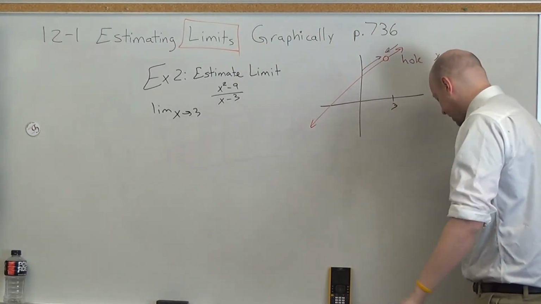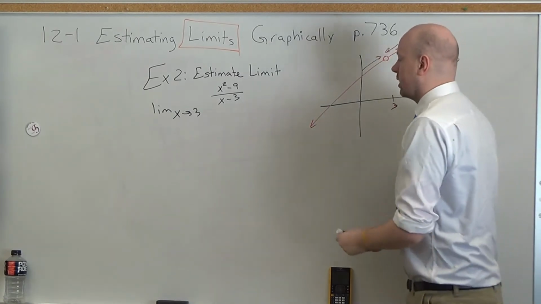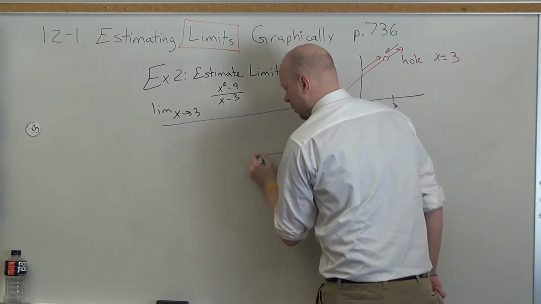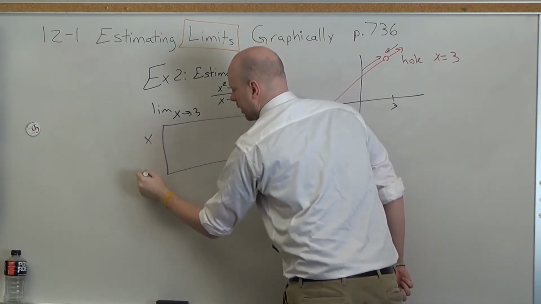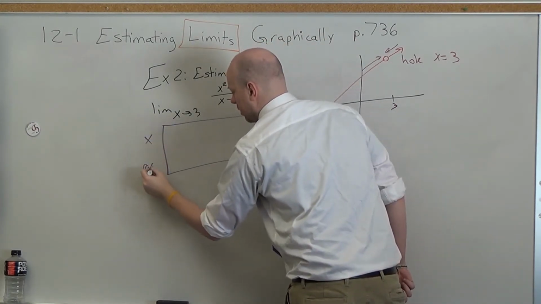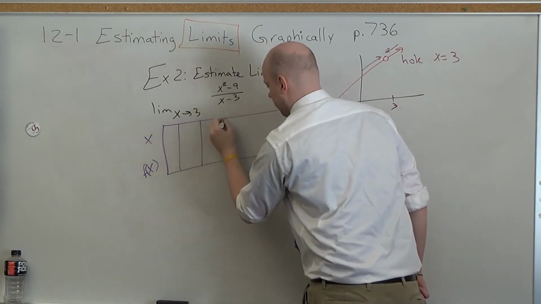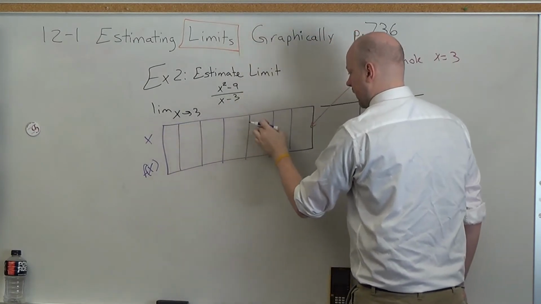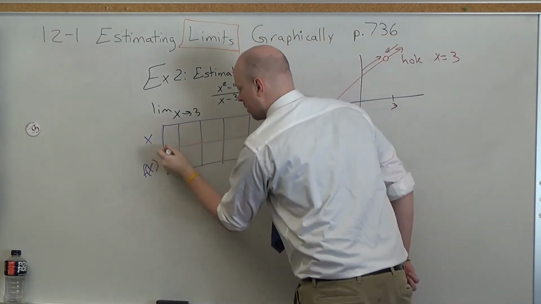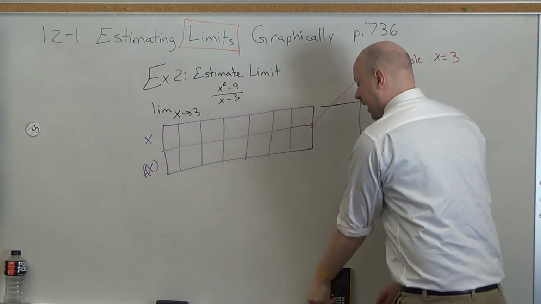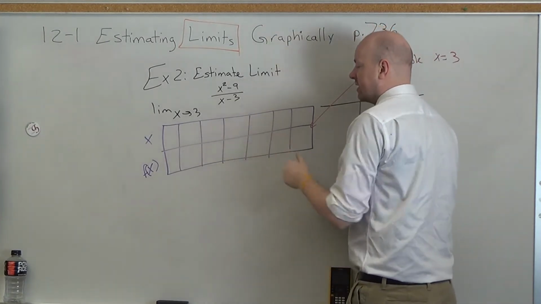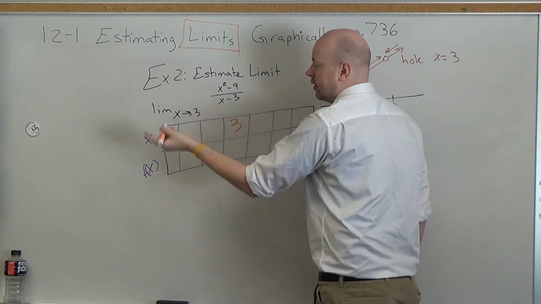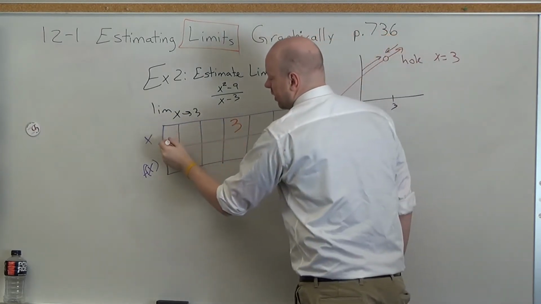And then we can get right into just doing it numerically with our grid. x, f of x, 1, 2, 3, 4, 5, 6, 7. Okay. So again, this one's always easy. It's whatever I'm testing. My test value being 3. Now I need stuff that's smaller and larger respectively. So let's see, 2.9,